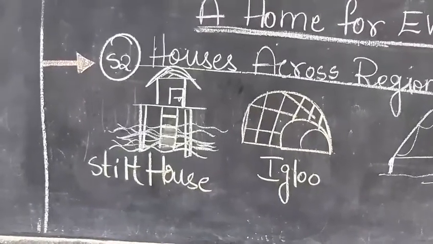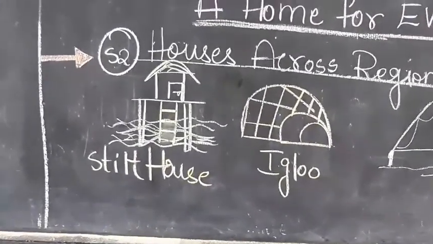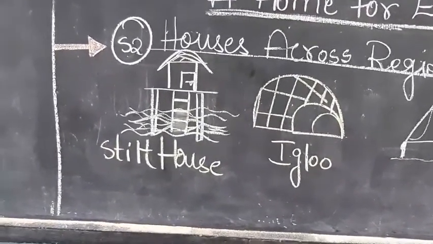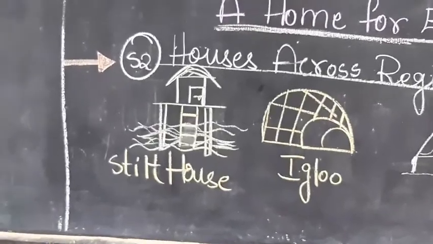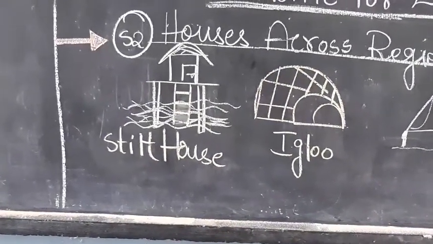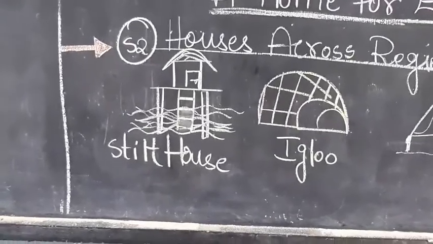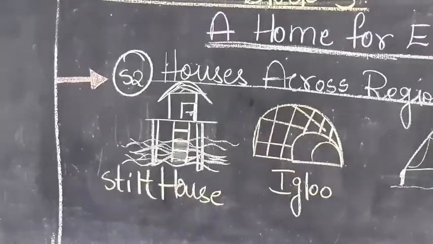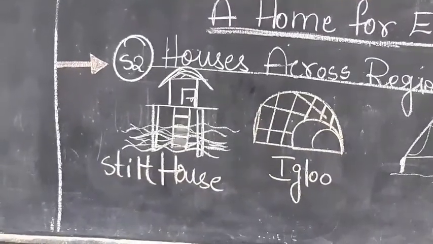It is made in a region, in a place where there is more rainfall, children. So what do people do? They live in a stilt house. How is a stilt house made? With the support of 2 or 4 bamboos, like a stage, and there are climbing steps, and up there you can see a house. This is known as a stilt house.